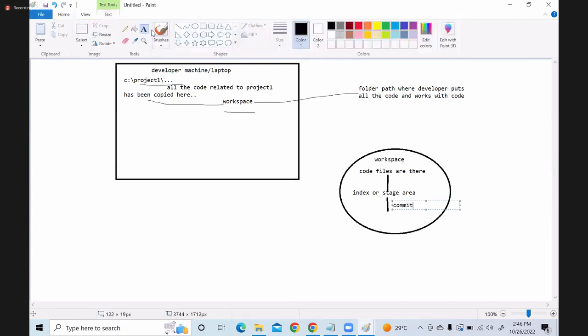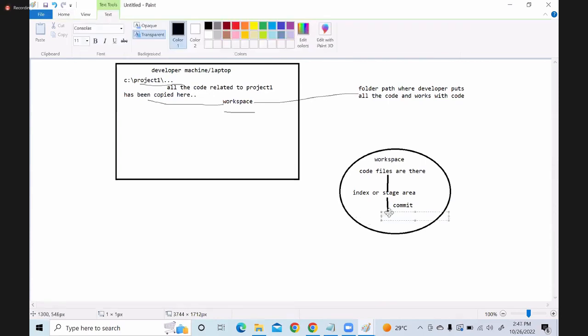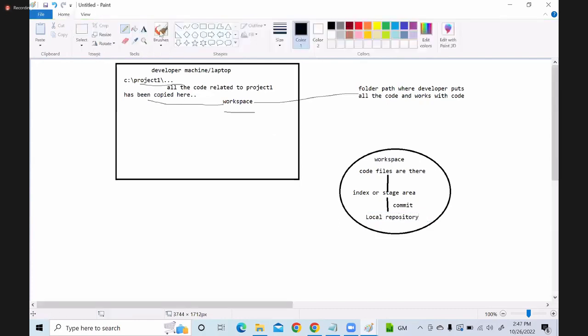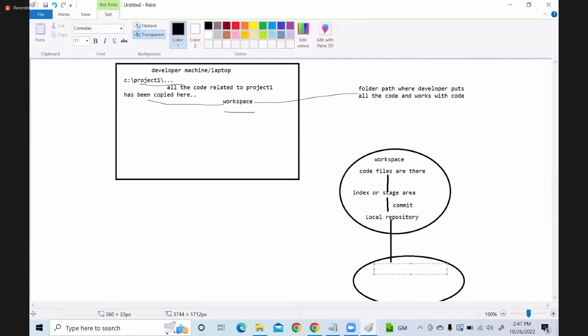From there, we push to the remote repository, and this can be your GitHub, Bitbucket server, or GitLab, any Git version control system provided.